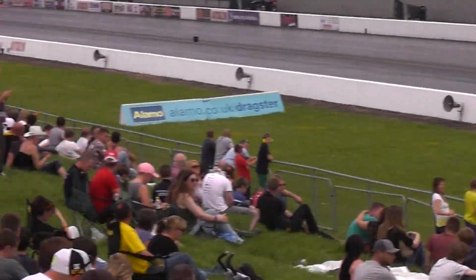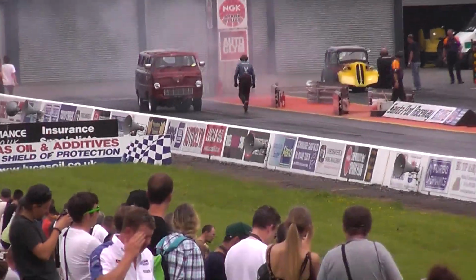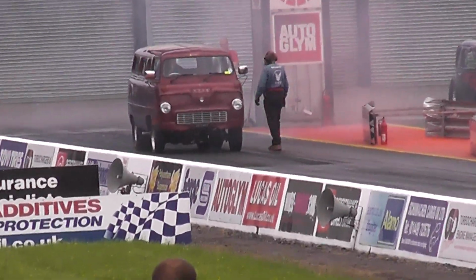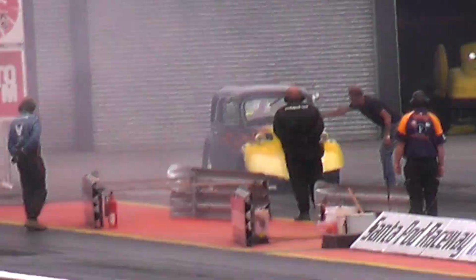And a 10, a 1, a 5, with an 8. Here's the quickest thing the course England's done. Now, if I remember right, this van ran about a 12 earlier. We'll tell me in a second or two. It won't be on the front screen, so...